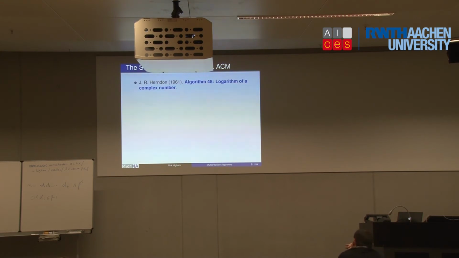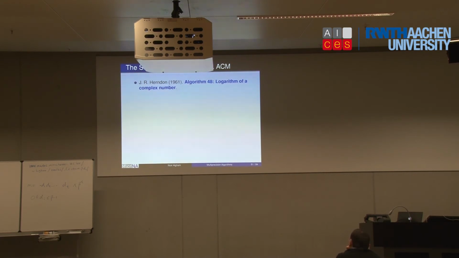So back in the early 60s, when we had the first computers, which had been around a few years, people started publishing mathematical software. That was new then. And the language they used was Algol 60. Fortran was around, but Algol 60 had been chosen, particularly in Europe, as the language in which to express algorithms in academia. But Algol 60 did not have a complex data type, it only had real.